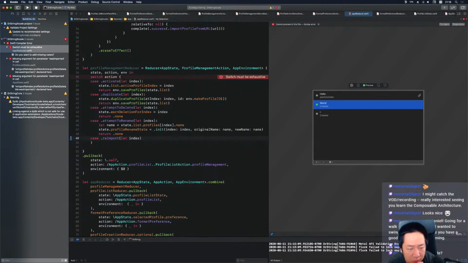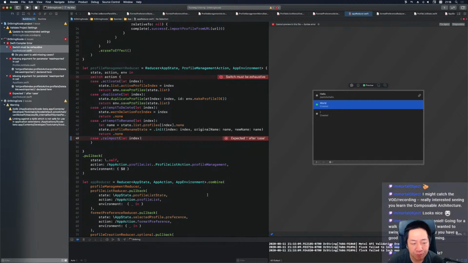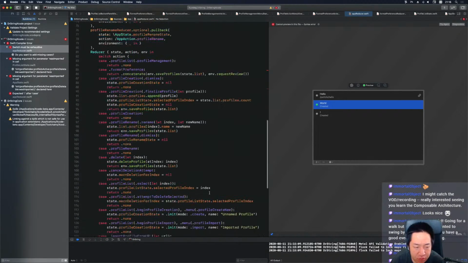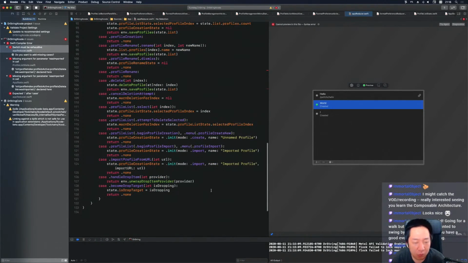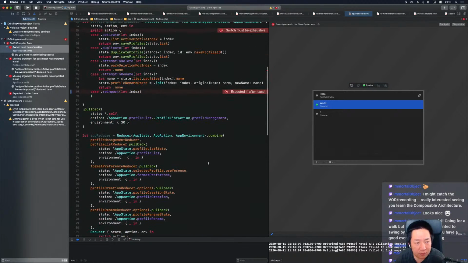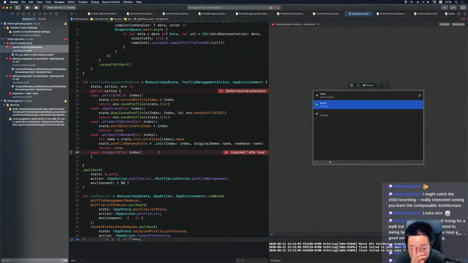What's interesting is we already have an action that does drag and drop. In drag and drop, you have an action that says import profile from URL. So maybe all I need to do here is